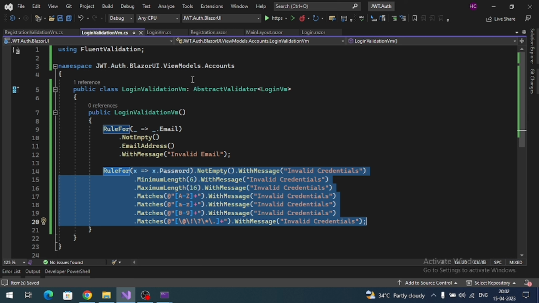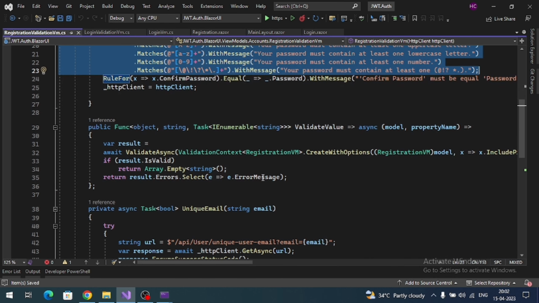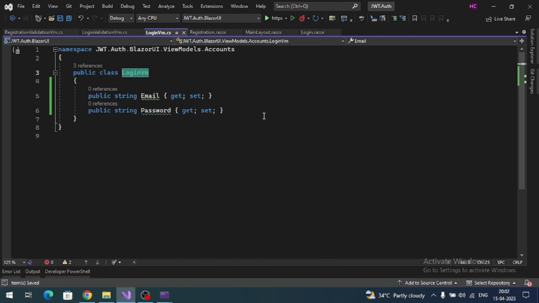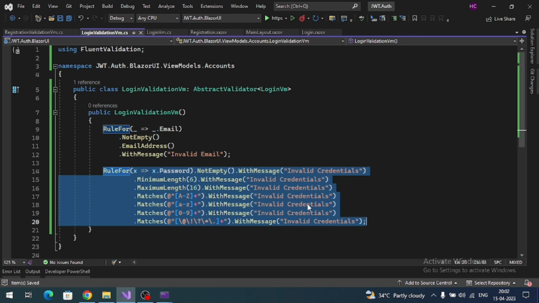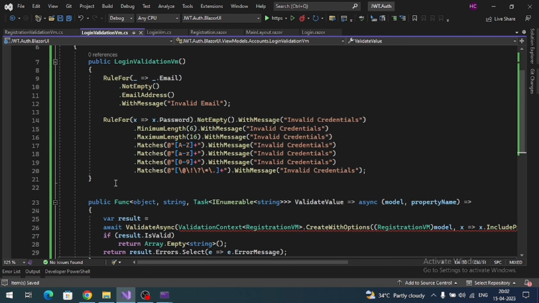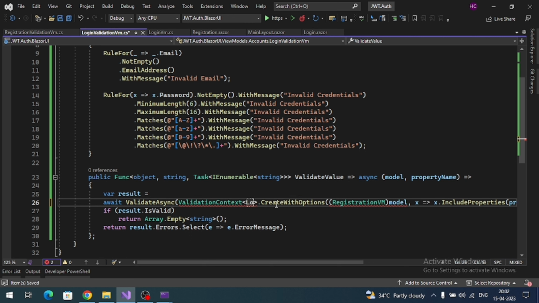So now, just like the registration validation model, we are going to have this validate value func. So copy this, and add it here. I have already explained this previously, right? So this is just going to use the array of error messages, and that's what we are going to provide to the form. And here we have to change our model. So here our model is login VM,